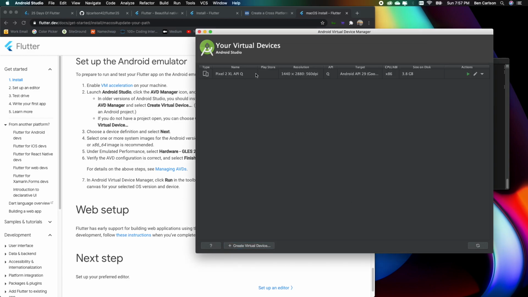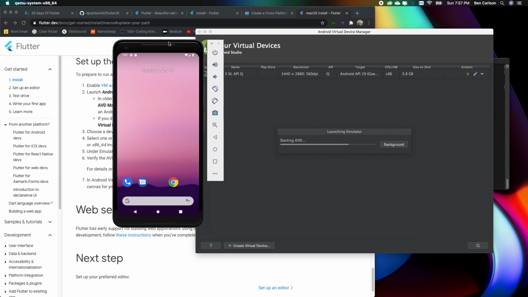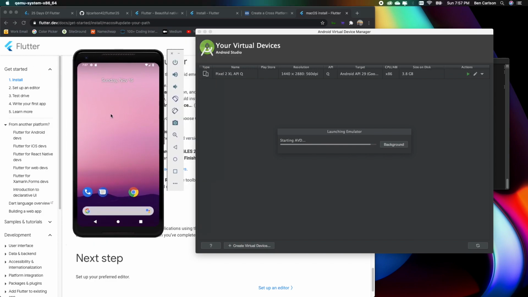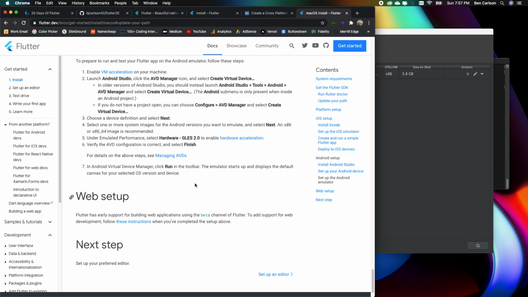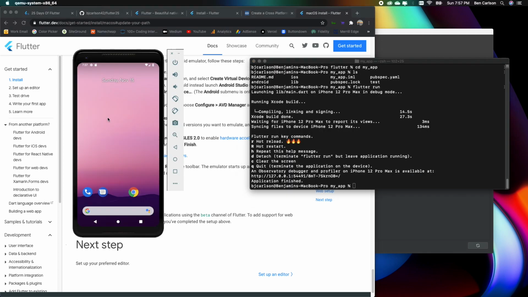Once you do that, you'll see it here. Once it is here, you can hit this little play button to launch the emulator. All right, here we go. Here is my emulator. So they actually do not run the project on this Android emulator, but we're going to